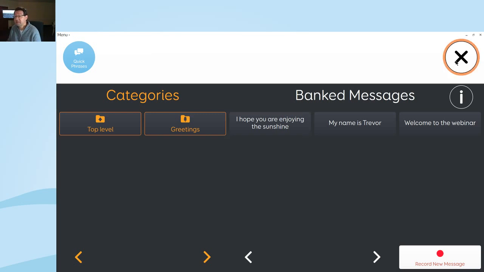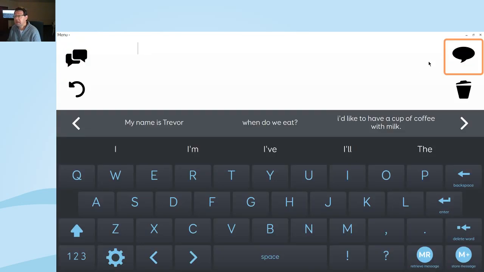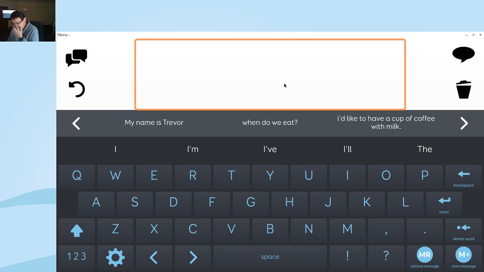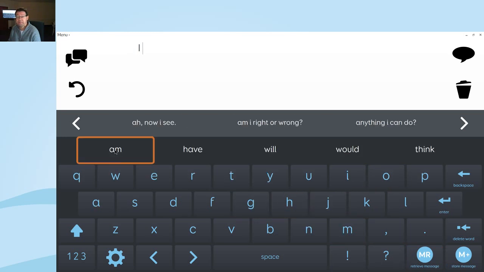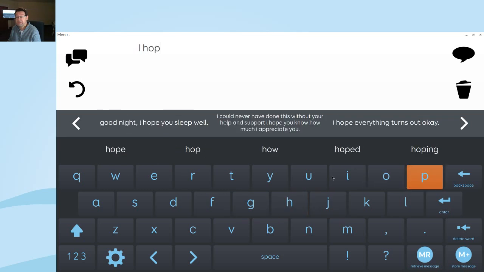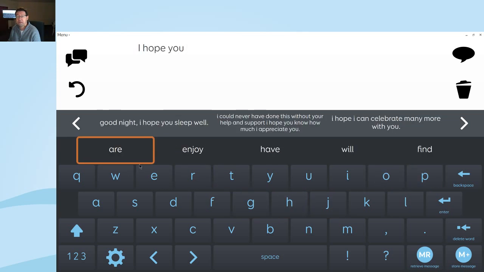So I'm going to jump back to the home grid now and just show you one final area of Text Talker, and that is the store and retrieve message buttons. These buttons allow you to quickly switch between two conversations or to handle interruptions. So imagine I'm typing a phrase. I hope you